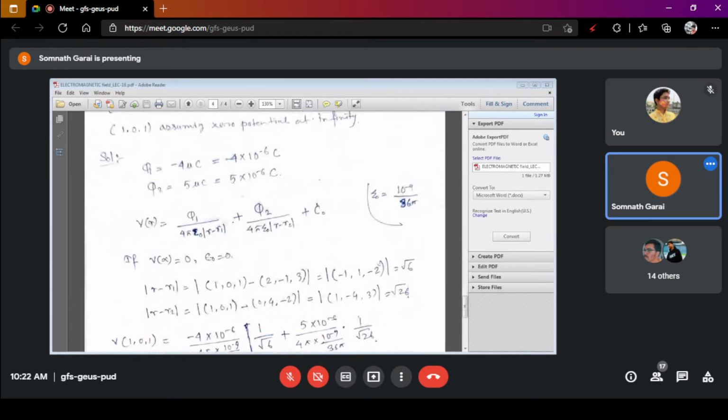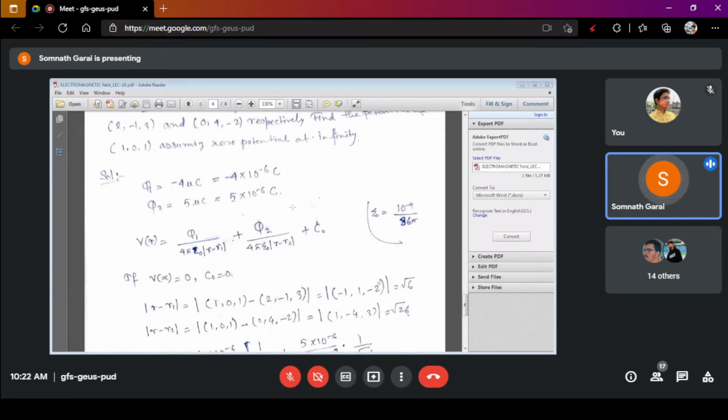If we expand this summation, V of r is equal to q1 divided by 4 pi epsilon naught mod of r minus r1, plus q2 divided by 4 pi epsilon naught mod of r minus r2, plus c naught. This c naught is the reference